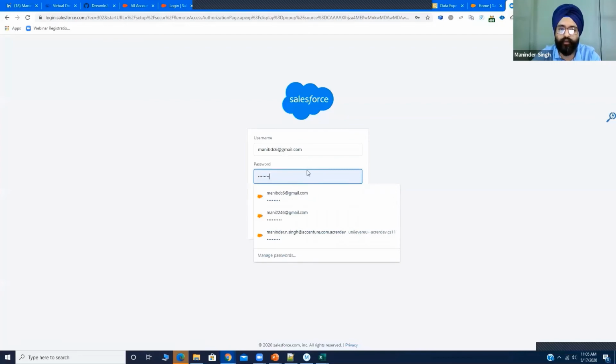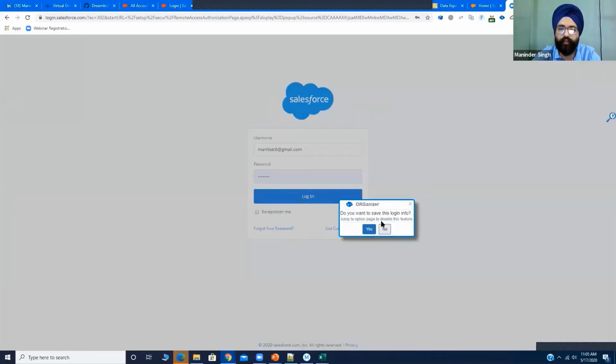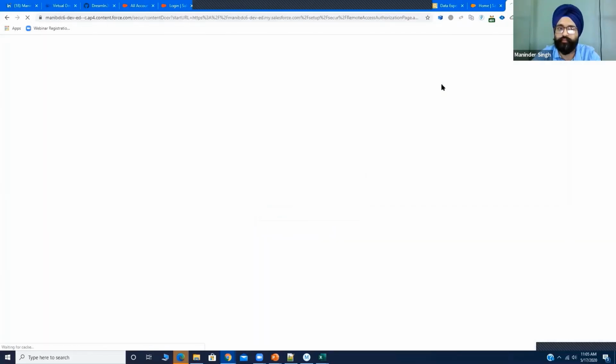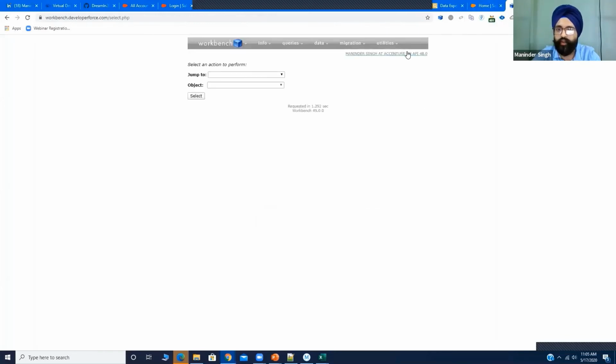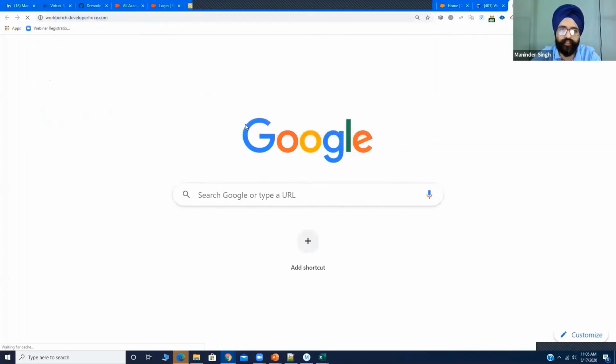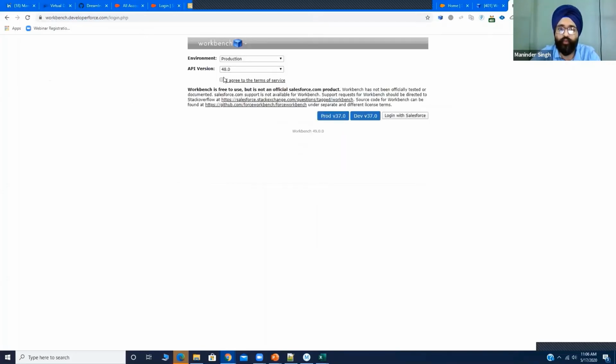I log in into one of these. So here I have logged in, and I can click this button again and open another instance of Workbench. And this time I would be logging into another developer edition org. And that you cannot do if you do not use this extension.